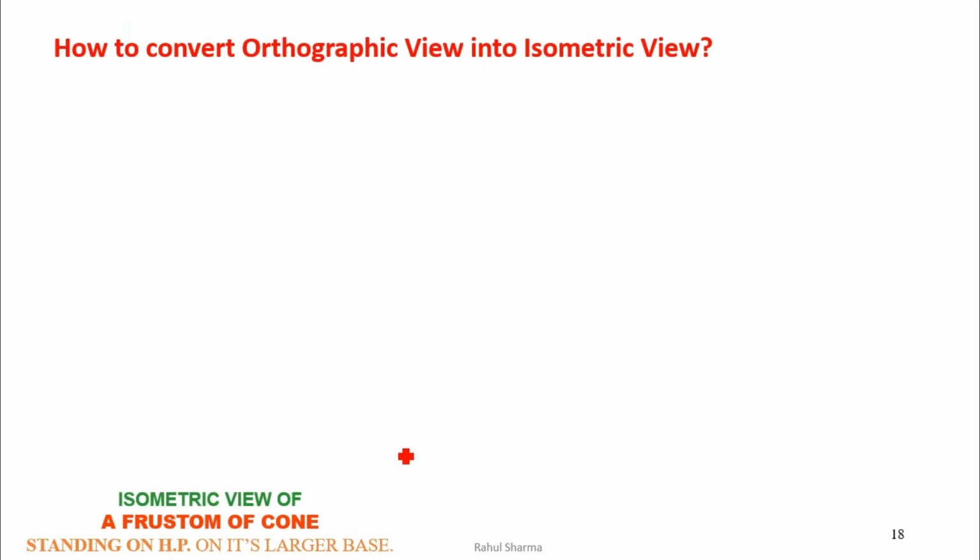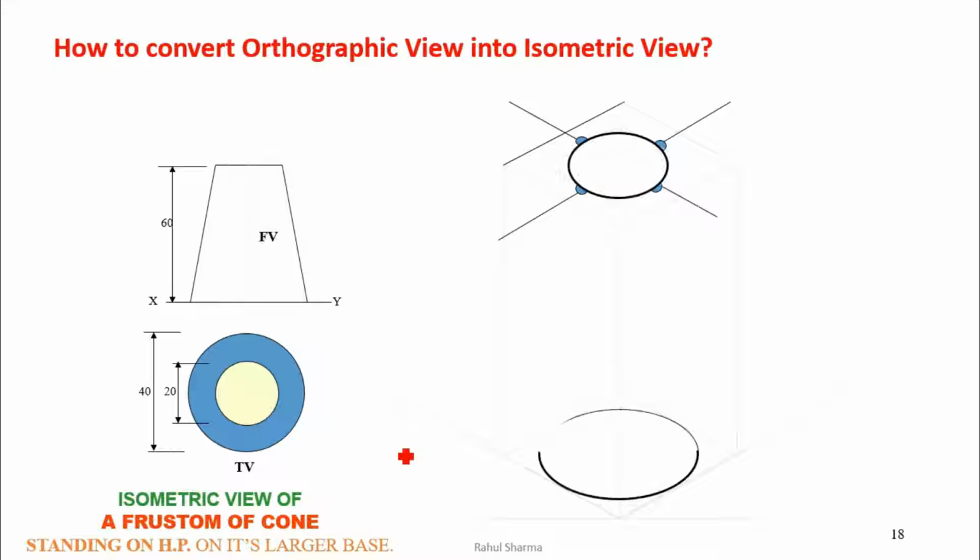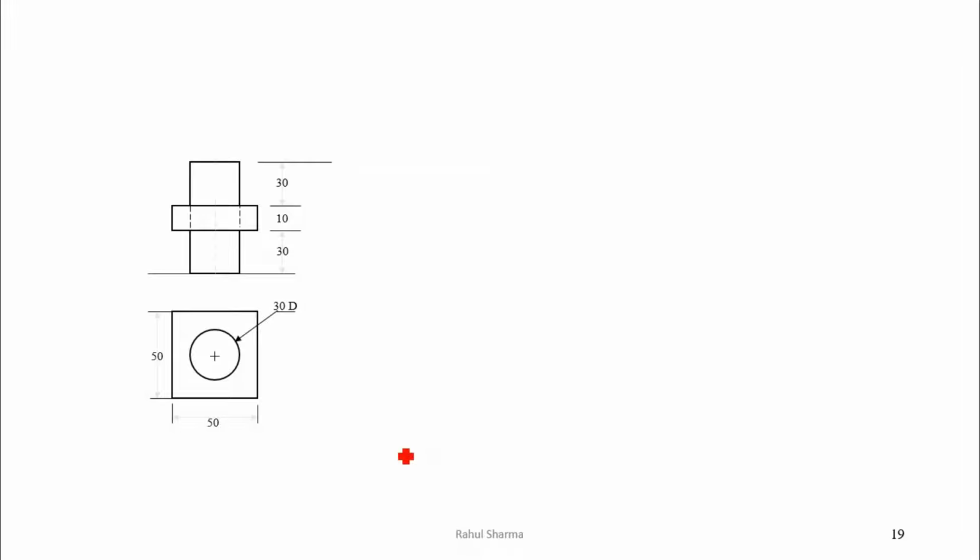So we will see one more frustum of a cone. It will have two ellipses, ellipse at the base, ellipse at the top. So we will see the same square just like a circle, and a smaller ellipse at the top, bigger ellipse at the base, and then we will draw the tangents like this.